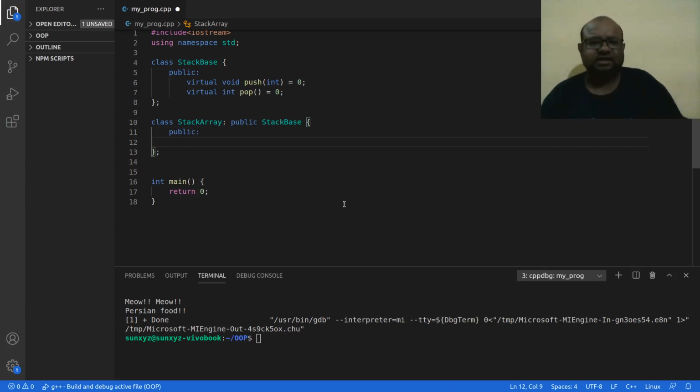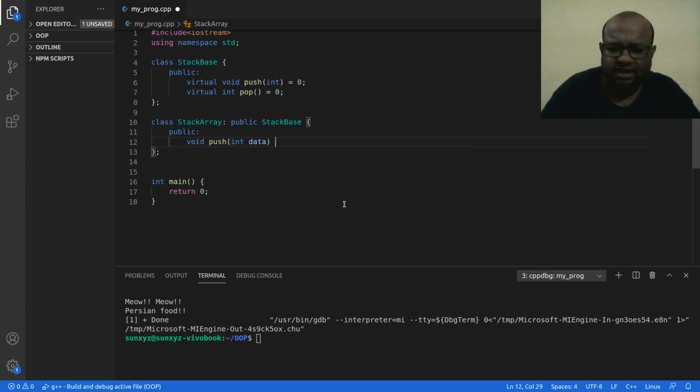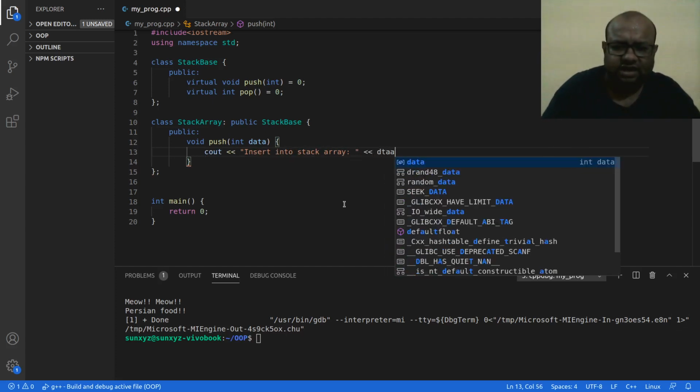Let me create stack array as a concrete class. I am going to implement these two pure virtual functions, right? So let me implement push. It is going to take some integer data, and I am not going to do too much. Let me not actually create the array, create the stack, but I am just going to print out "insert into stack array" and this data.